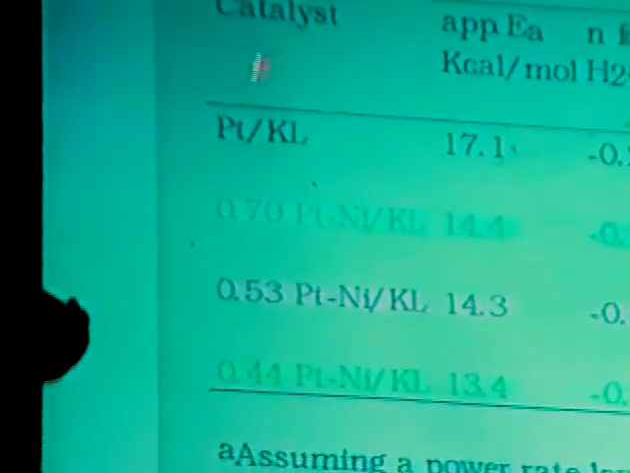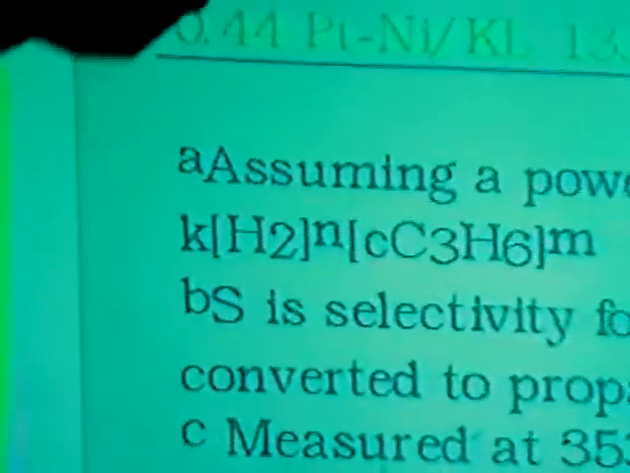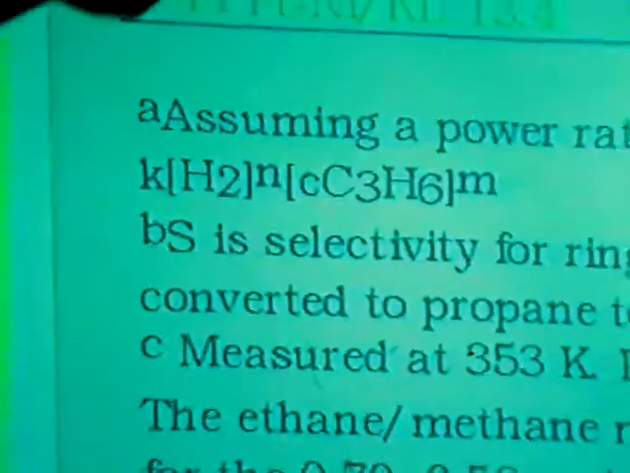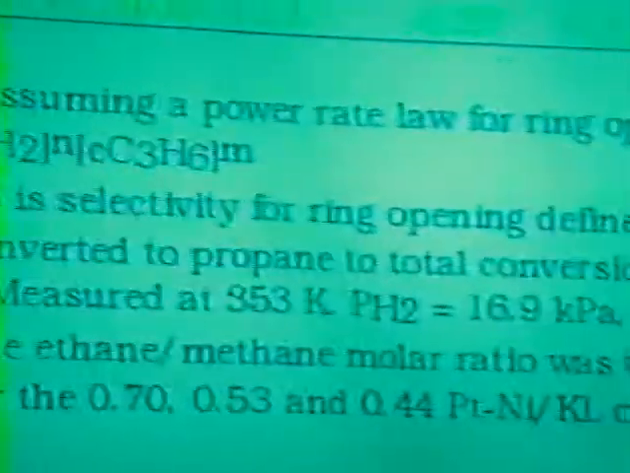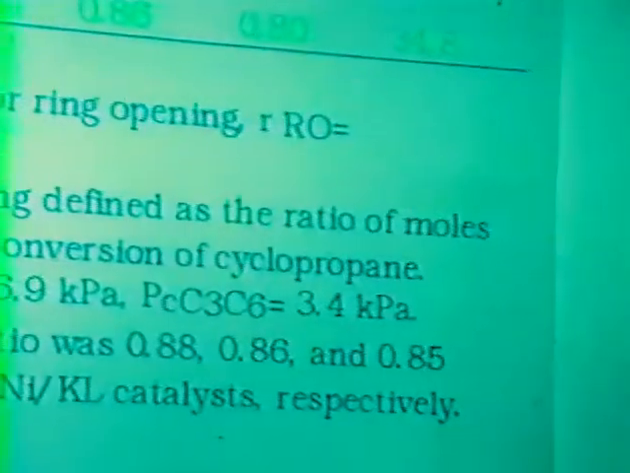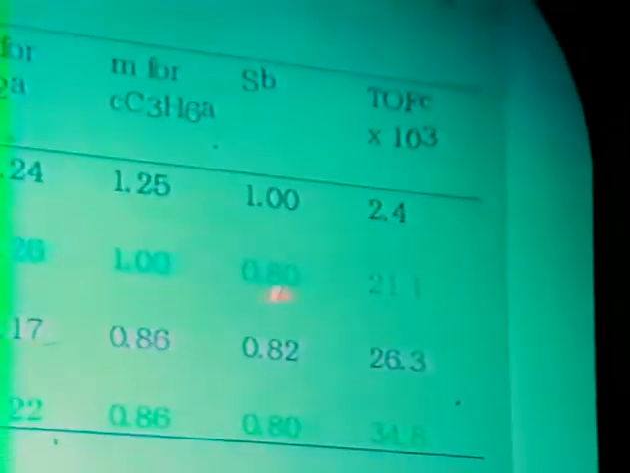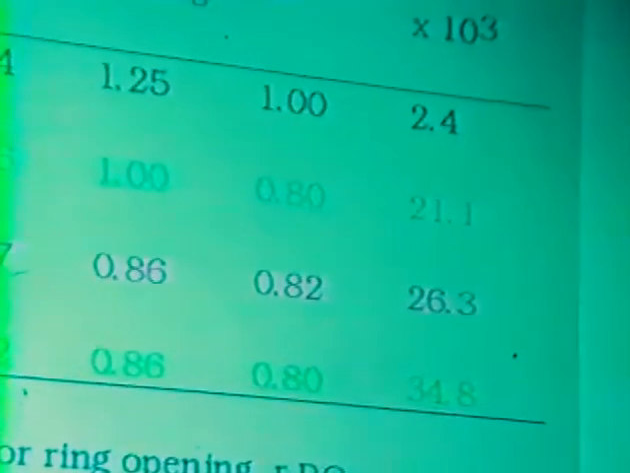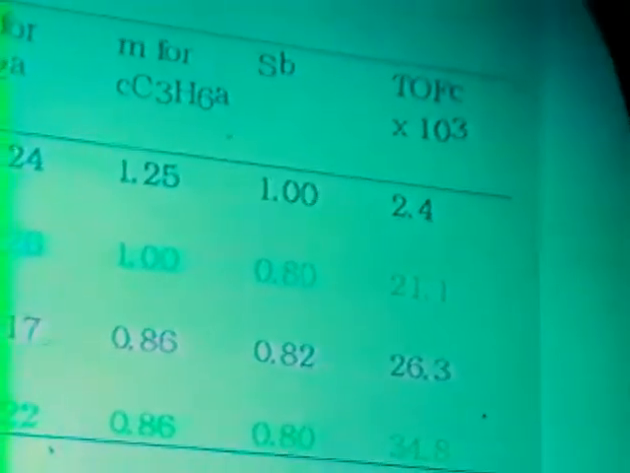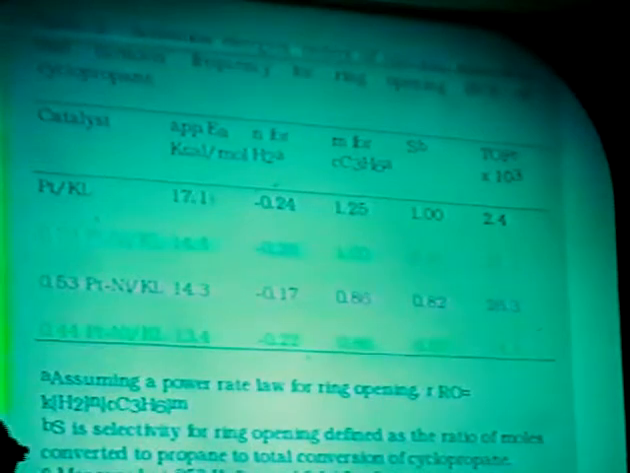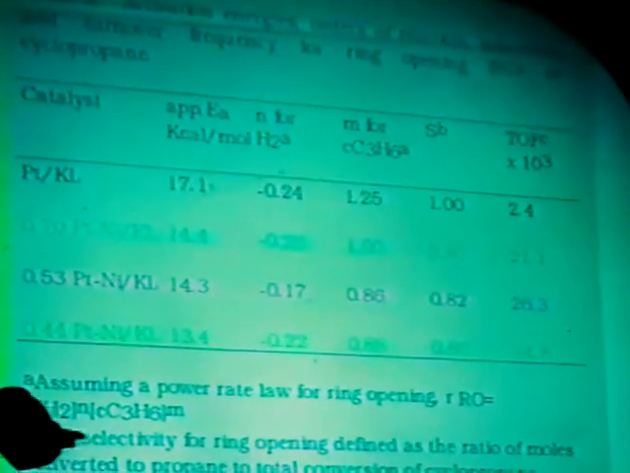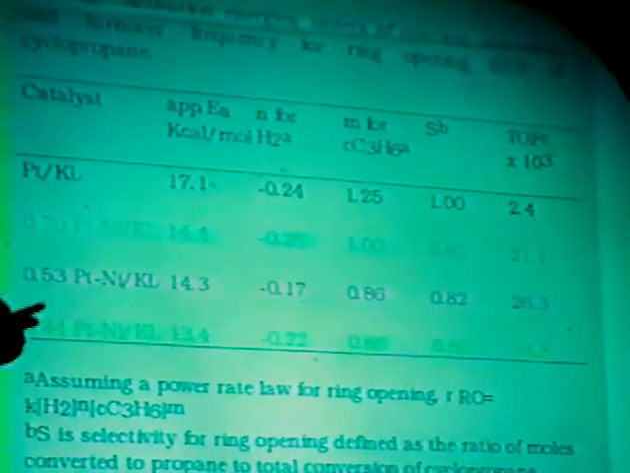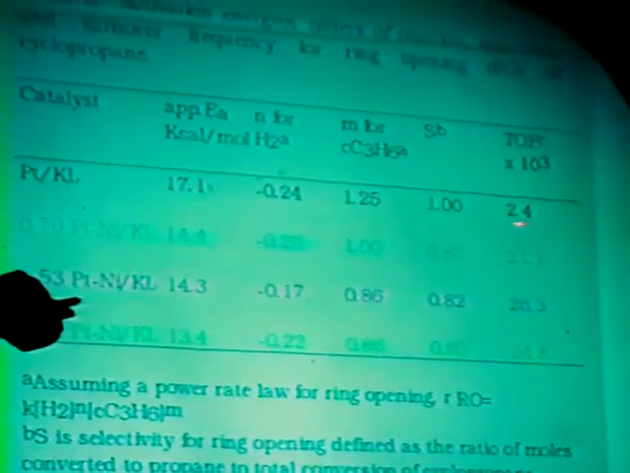If we look at these four catalysts, the selectivity is essentially 100% for propane on the platinum-only catalyst, but it's about 80% on all of the bimetallic catalysts. To the extent that we do get some hydrogenolysis, it's not to methane, because the ethane to methane ratios are 80 to 90%. On the other hand, if we look at the overall activity, the activity jumps about an order of magnitude when